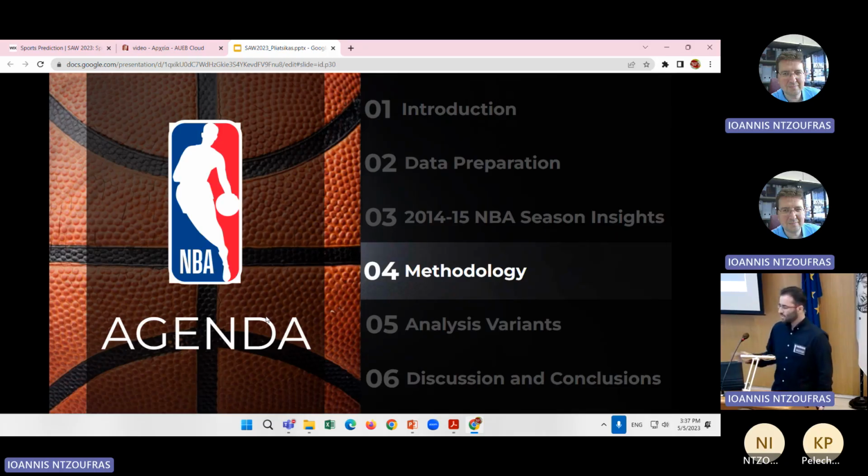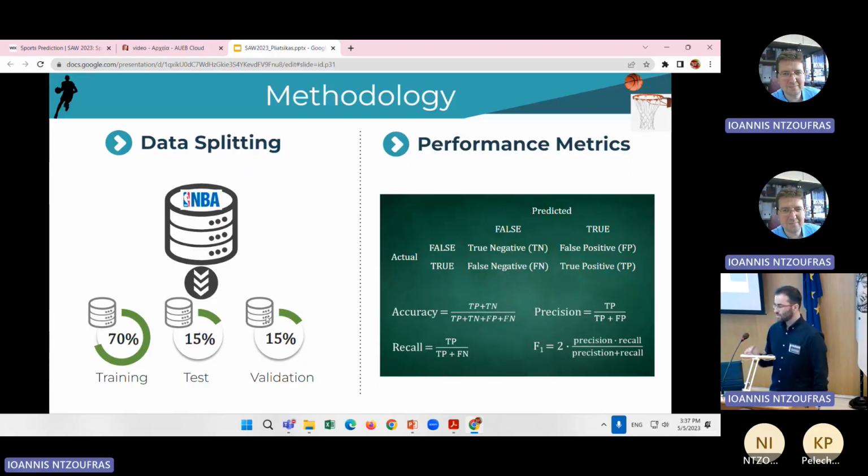Enough with the plots, let's continue with describing our methodology. Since we want to predict whether a shot is made or missed, we face a binary classification problem. Prior to our analysis, we randomly split our data into three subsets. In particular, we used 70% of them as a training set to fit the model, and 15% as the test set for hyperparameter tuning and model evaluation. The rest 15% was a validation set, which we used to obtain an unbiased evaluation of the best model's fit.